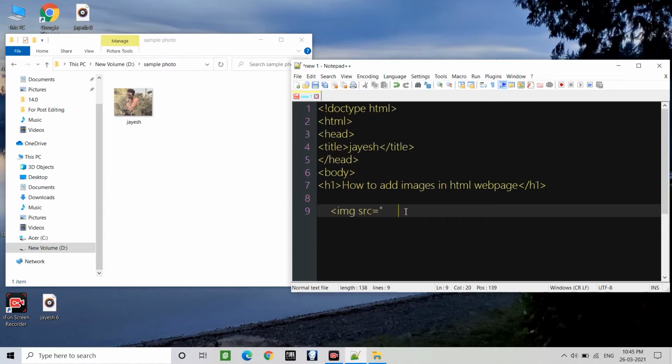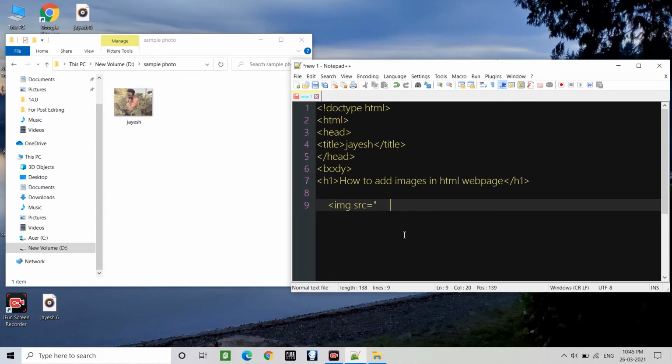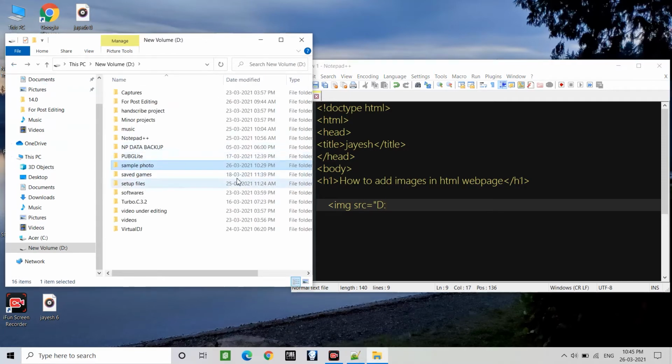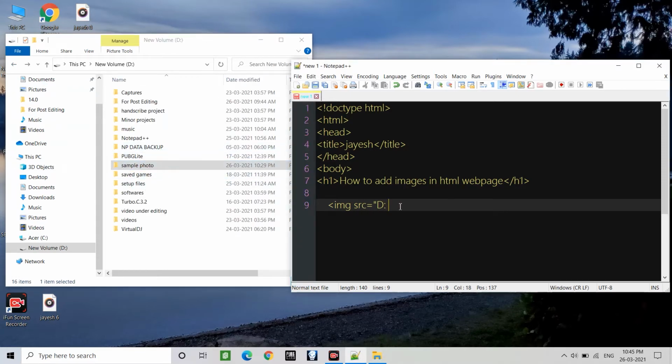As you can see guys, I already added the image tag and source attribute here, and after that I am using D drive for my picture. I just mentioned here D drive, and after the D drive I will add a subfolder, that you can see my picture is in sample photo. So I wrote here the location for the sample picture.